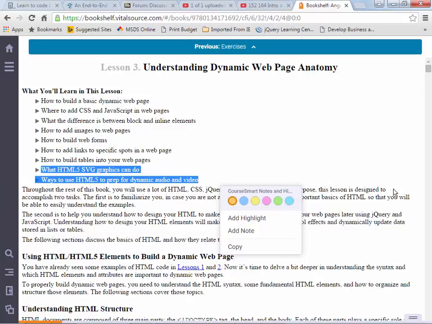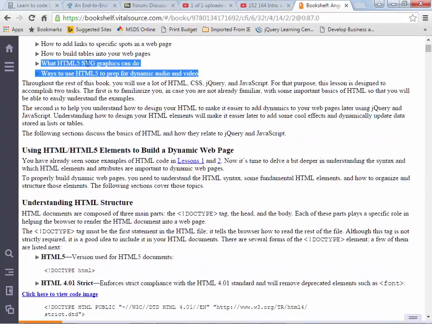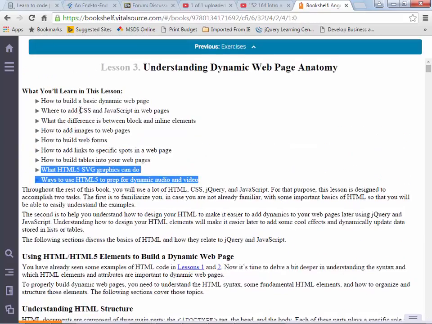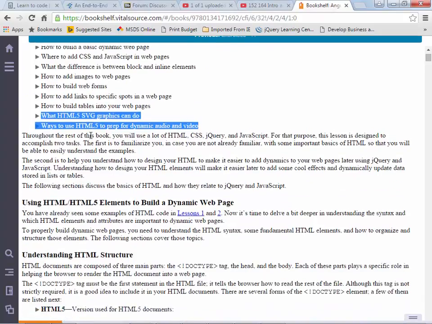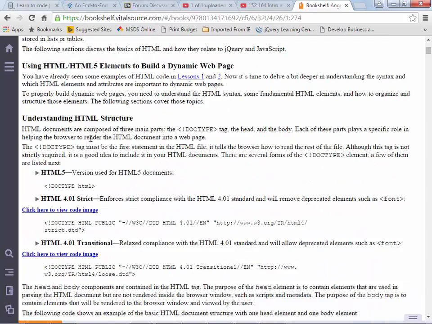So you may not have done a lot of work with SVG, which is scalable vector graphics, and you may not have done a lot of work with audio and video, but the rest of the stuff that's in here, you should know already. All right, so things like